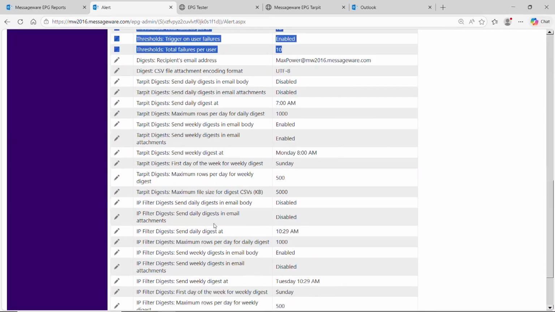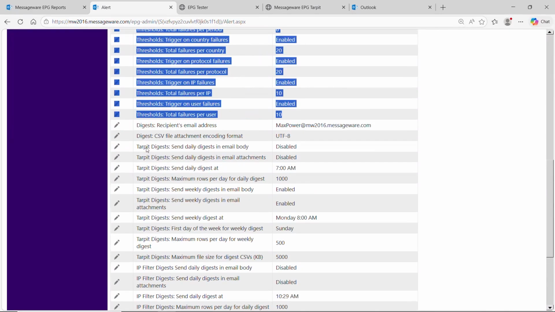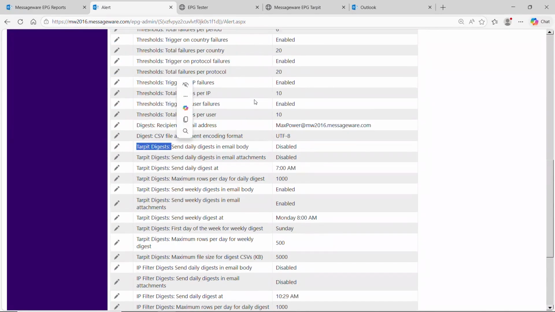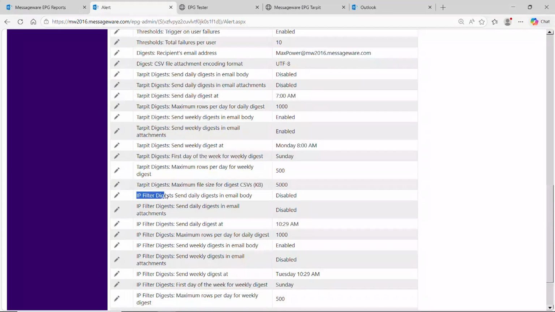You will also receive what we call digests, and there are 2 of them. There's a Tarpit digest, which is a daily and/or weekly report with everything that MessageWare has added to its Tarpit. It's a nice summary list. And there's a digest for IP filtering, which is for access attempts that have been blocked by the IP filter system and are either malicious IP-based or geolocation-based. A daily and weekly summary report of those events is available,